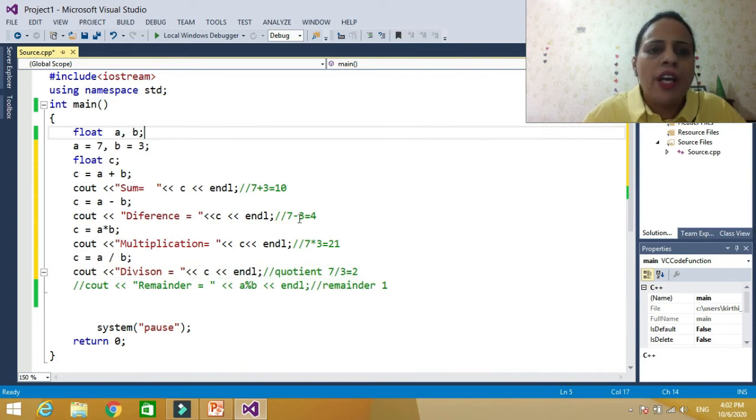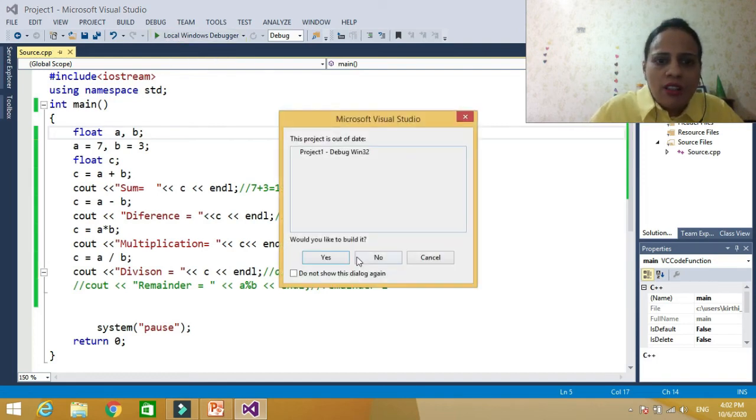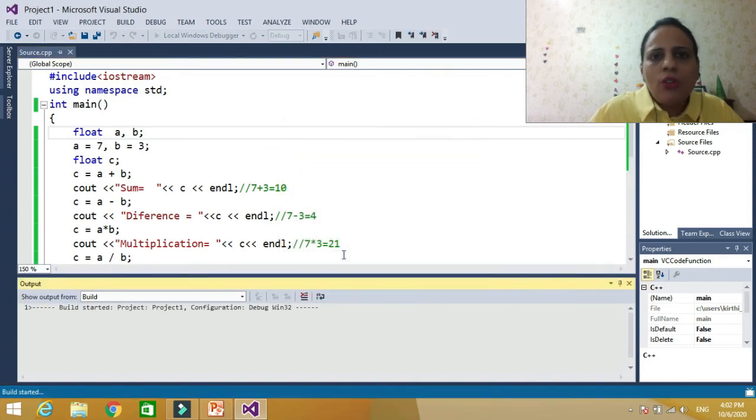We can display our result directly within cout, or we can store our result in some variable. If our problem is such that at the end we want to know what C is, we should take a variable. So let's check it. It is going to give you the same result.